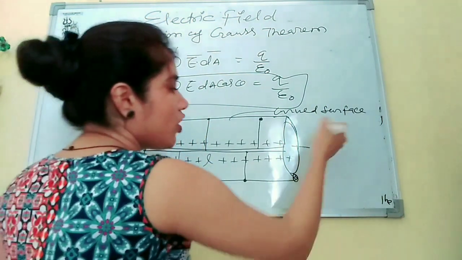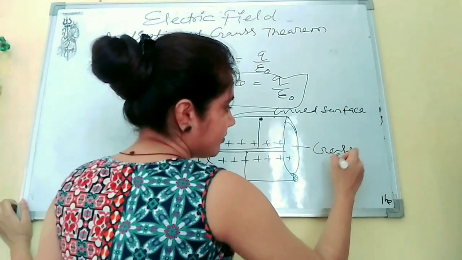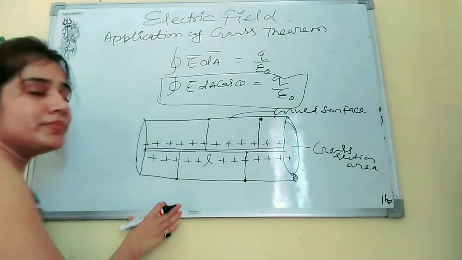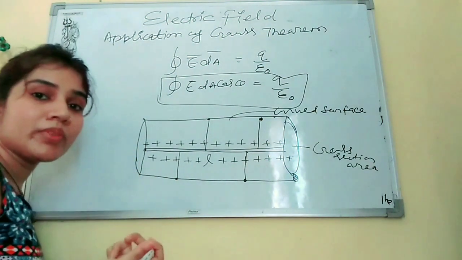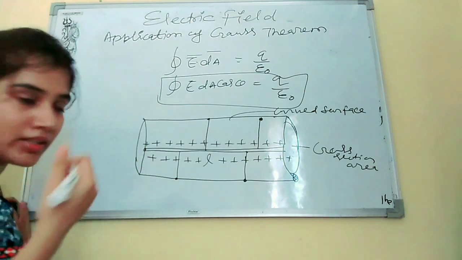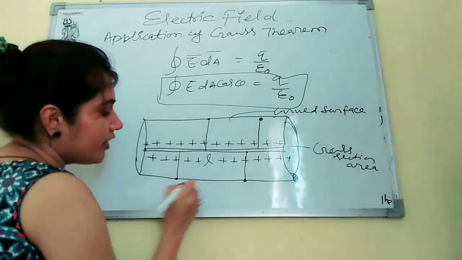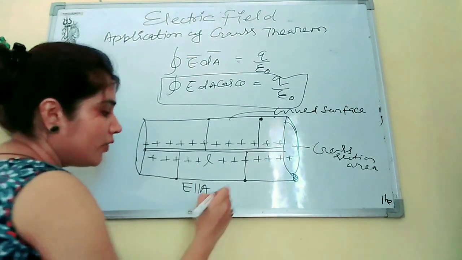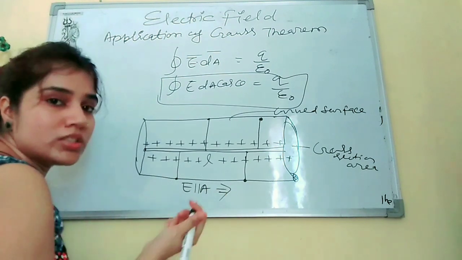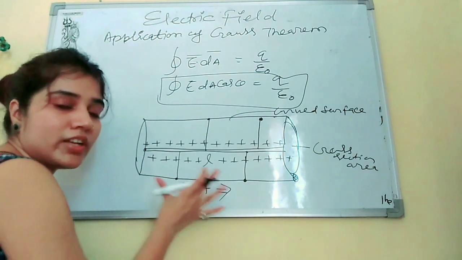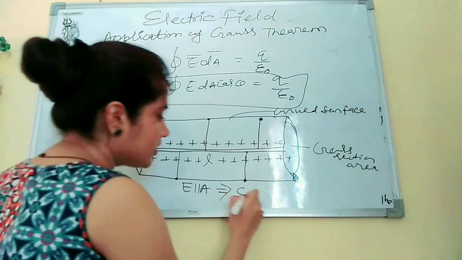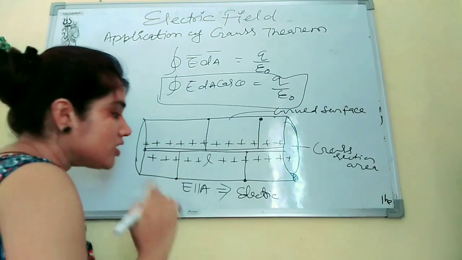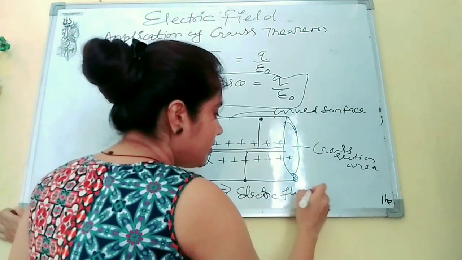And this is the cross section area. Now in Gauss theorem, we have seen two conditions for electric field and the area. If the electric field and the applied area are parallel, then the flux will be valid. We will get the electric flux. This we have seen in the electric flux section, not in Gauss theorem. Electric flux will be